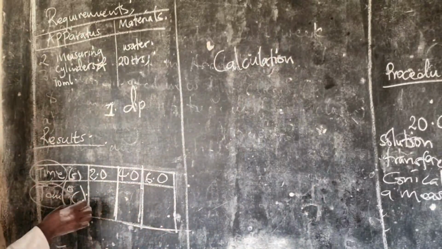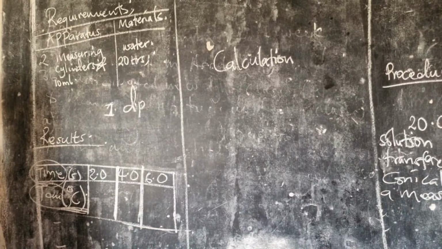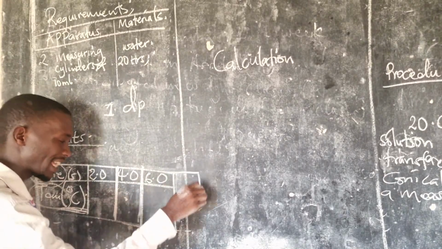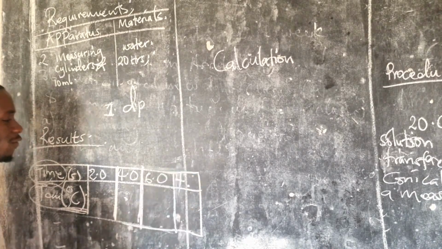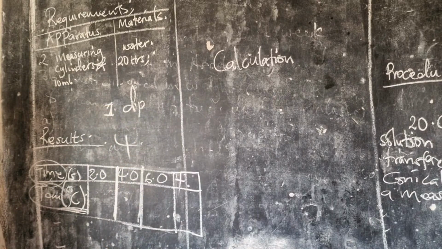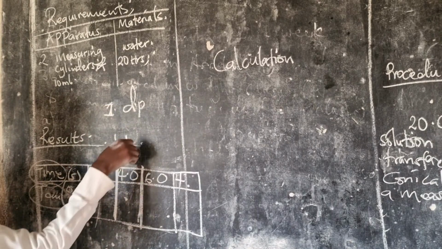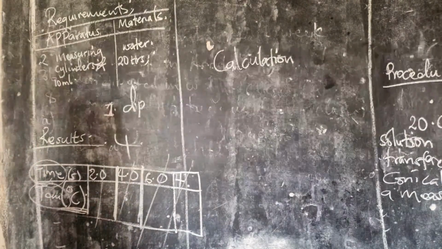Members, before I go further, to have a practical that is working, the sets of experiments one must have done should have been more than 4. Should have been more than 4. So this is set 1, set 2, set 3. They must have been more than 4. That's when we can get real experiments.